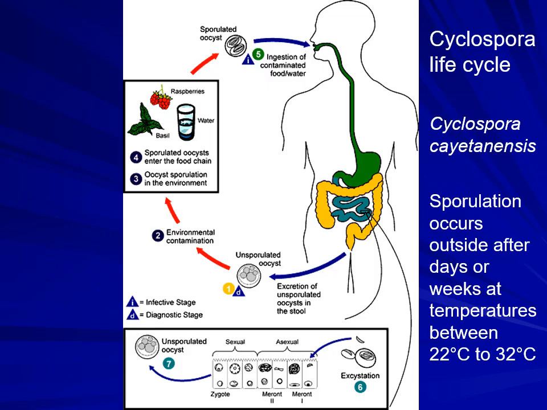Upon ingestion, the sporulated oocyst undergoes the excystation process in the lumen of the small intestine, releasing sporozoites. Sporozoites infect cells to form merozoites, and these merozoites will differentiate within the mucosal cells, some of which will lead to the formation of sexual stages. Microgametocytes and macrogametocytes are going to fertilize and produce a zygote. Oocysts are then formed and excreted into the environment as unsporulated oocysts.